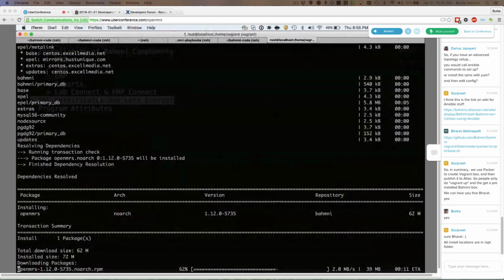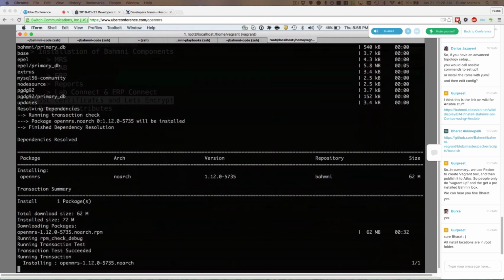The next thing I thought we have done something with respect to the SSL certificates. As most of you know, buying SSL certificates is a kind of costly affair, and Bahmni's